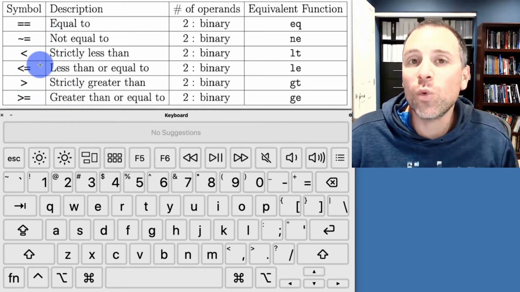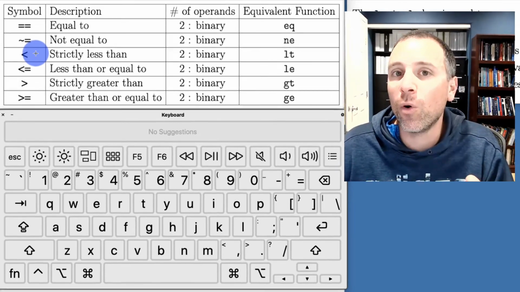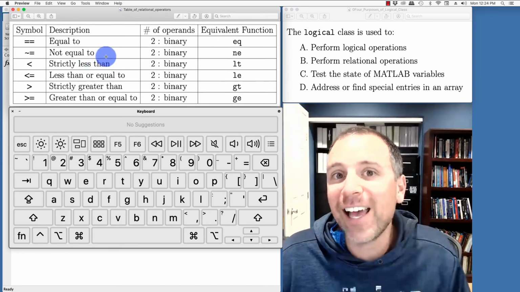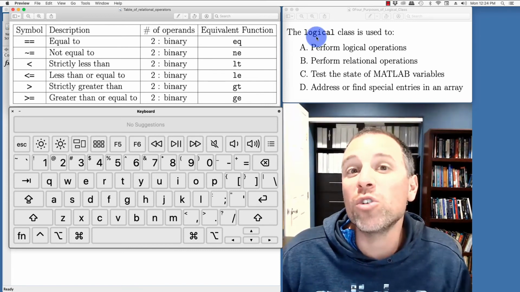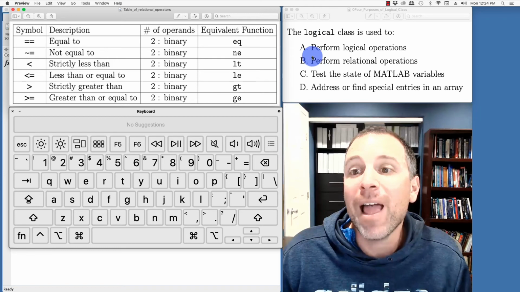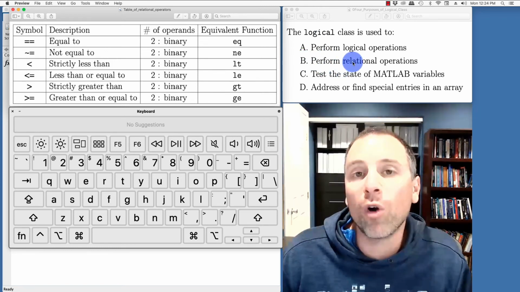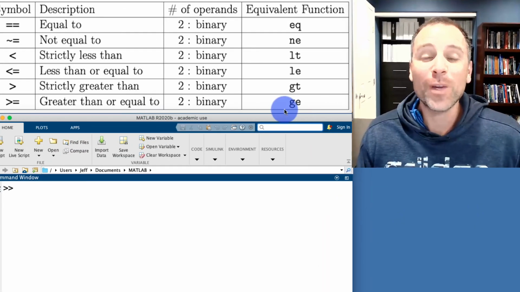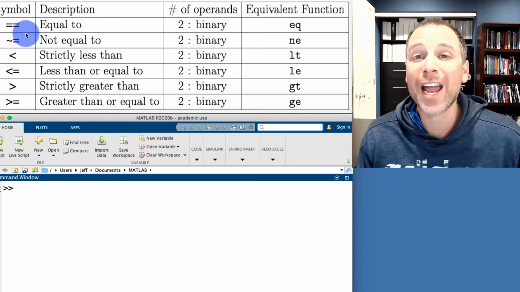In each of these situations, when we test the relationship between two numeric variables, the output of that test is going to be stored using logical data. In other words, it's going to be stored using the logical class in MATLAB. That relates back to the idea that we can use logical data to perform relational operators. The last thing that we discussed is that when we're using these operators, the left and right operands have to